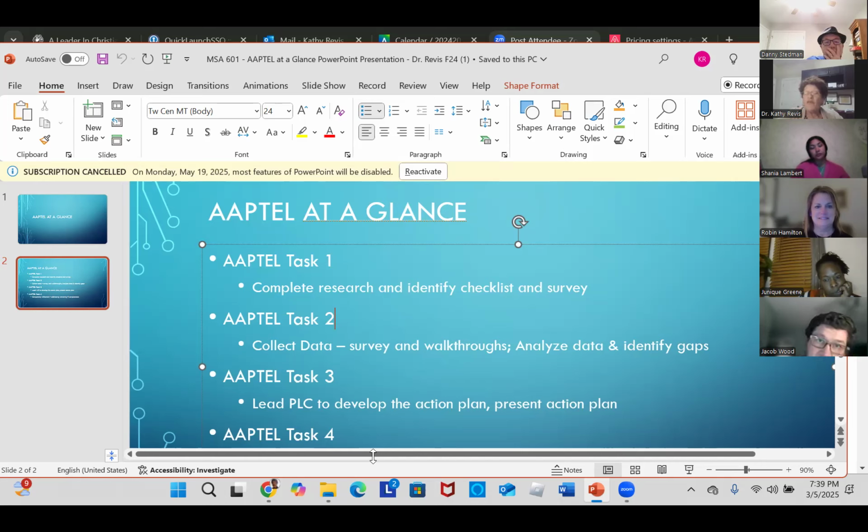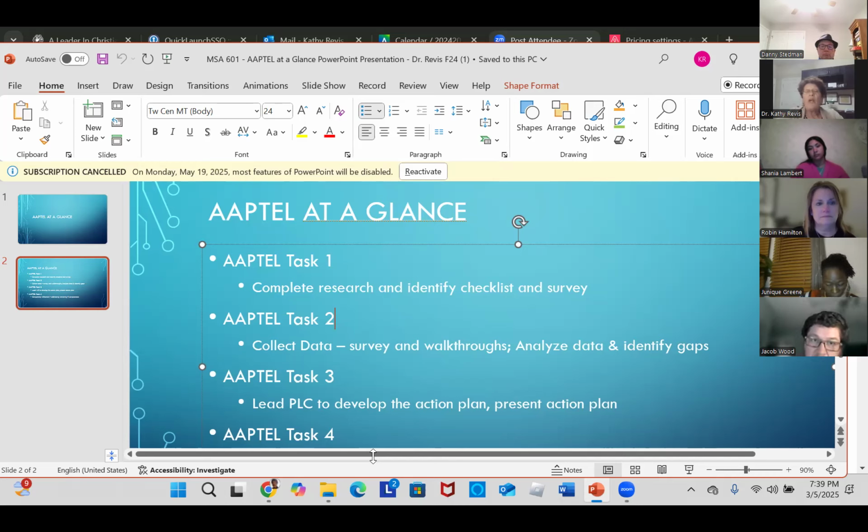So you only have 4 tasks for the APTEL. The first task that you can get started on is completing some research. And you can front load yourself because it is a lot of research. Then we're going to ask you to collect data by surveys and walkthroughs in your school.